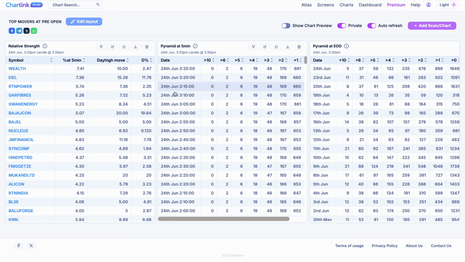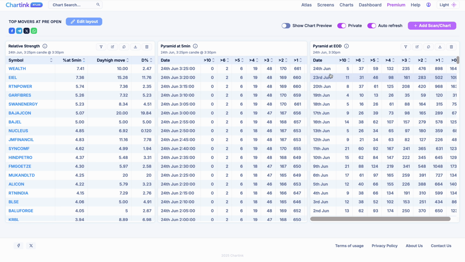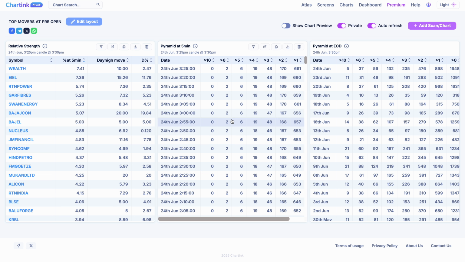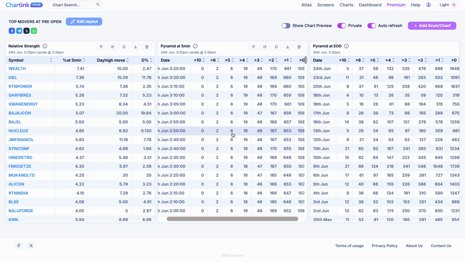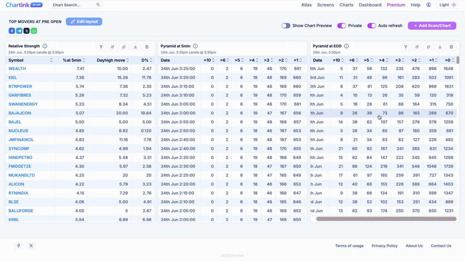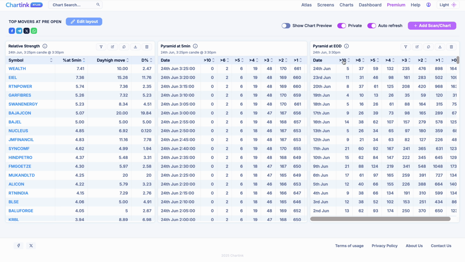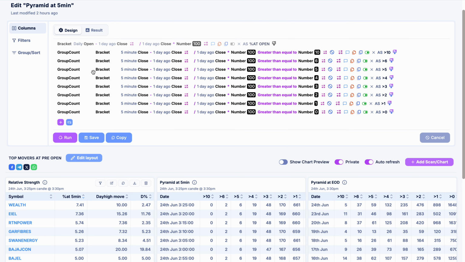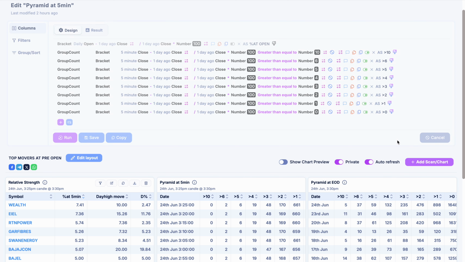Oh, hold on, here it has all come as 24th, but I meant to show the 23rd, 22nd, I meant to do this data here as well. So I have to change this one. But you can see here, on any given day, the number of stocks which do less than 0% is way higher than the stocks which do more than 10% at open also. Okay, so again, I have to change something here.